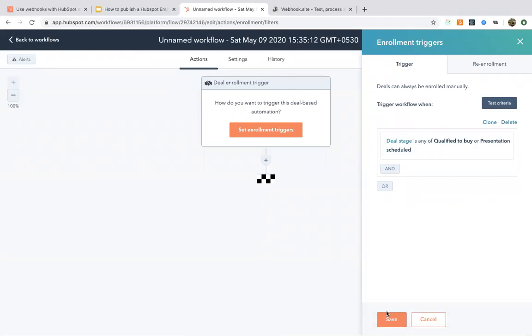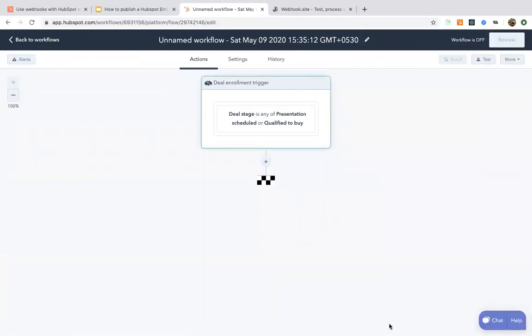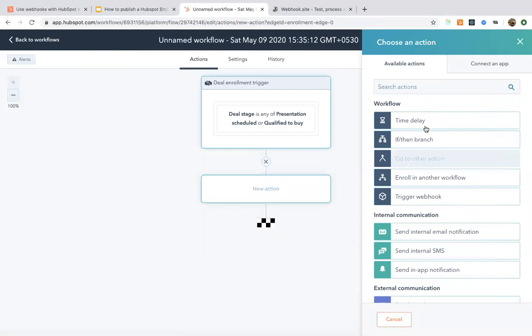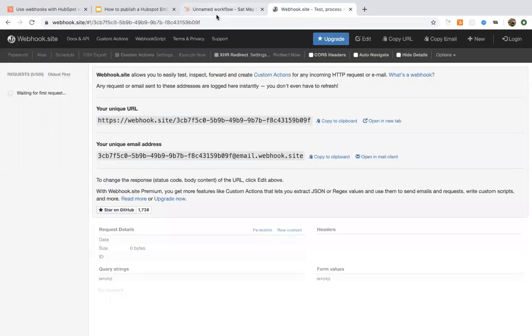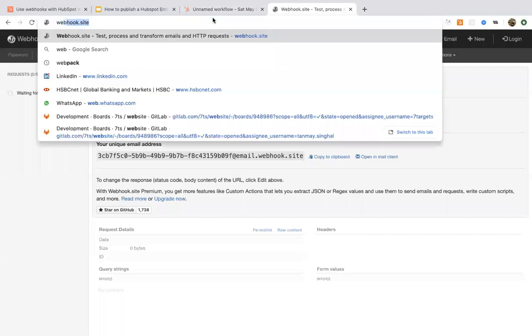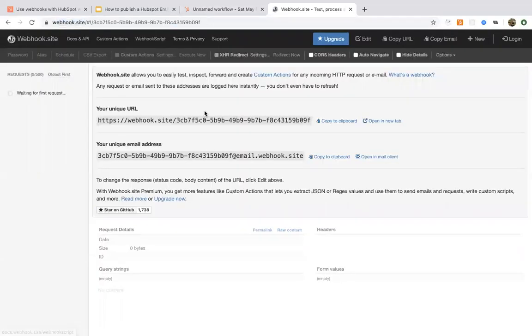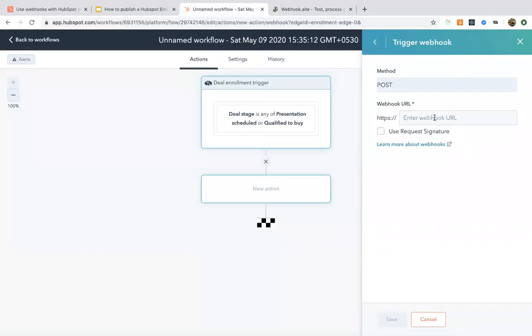On this trigger, what do I want to do in my workflow? The action I want to take is to trigger a webhook. For the example, I'm going to pick a webhook from webhook.site. If I go to webhook.site, you'll get a webhook. I'll just copy that and use that webhook. So this webhook will be triggered.